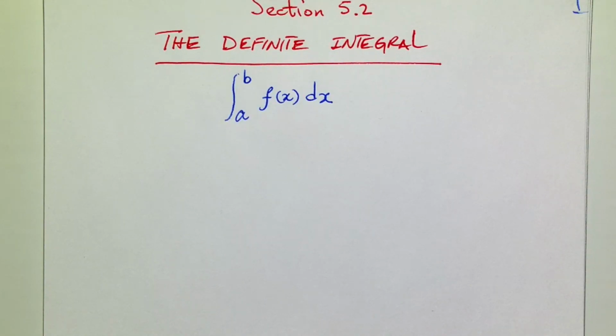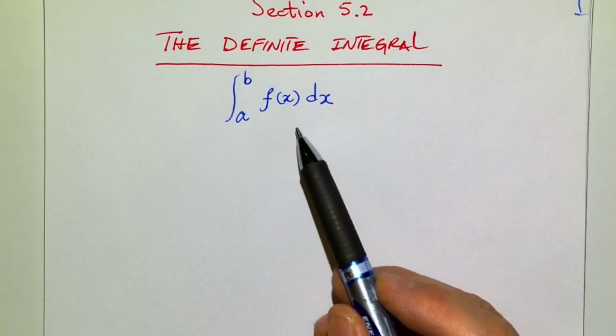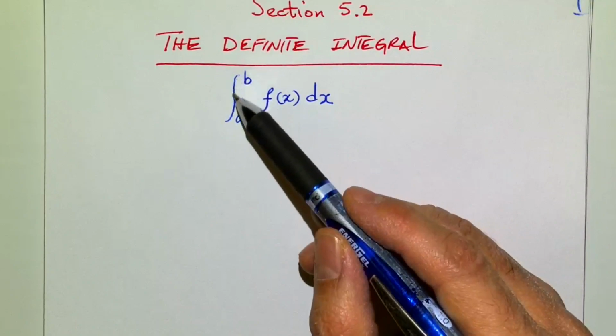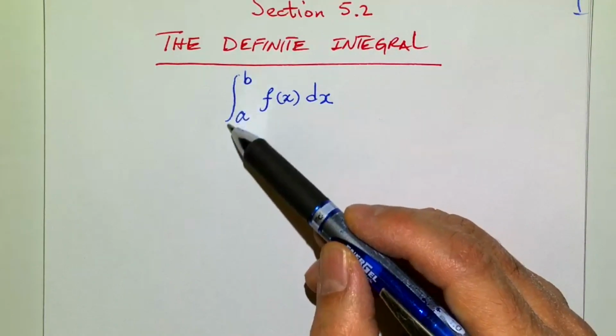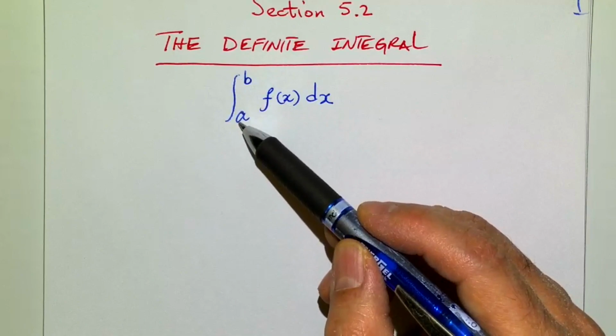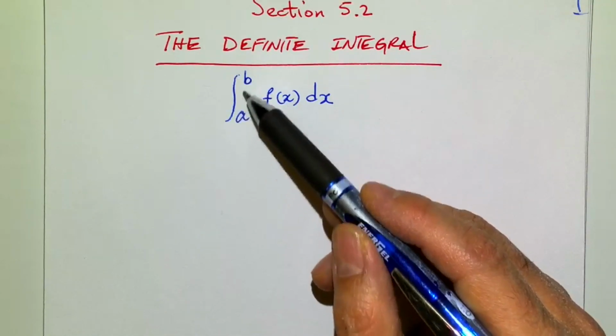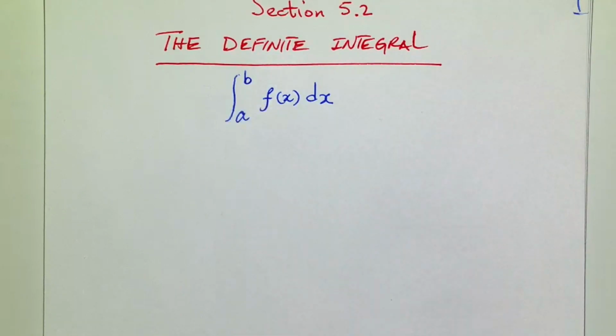Hello everyone, welcome to our discussion of section 5.2 where we will be talking about the definite integral. Now before we get into the definite integral, we should discuss what is an indefinite integral. But the definite integral, notation-wise, is what you see on the screen, with this long S shape notating the integral, and then the A and B are the lower and upper limits of some interval